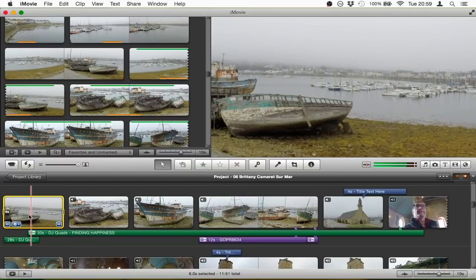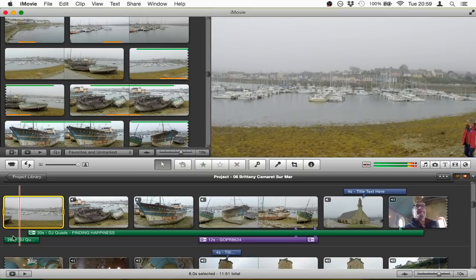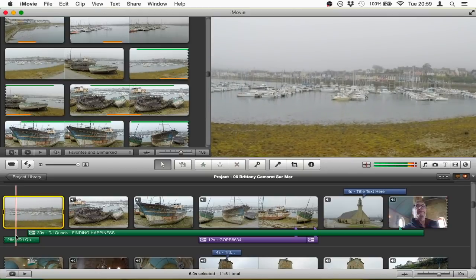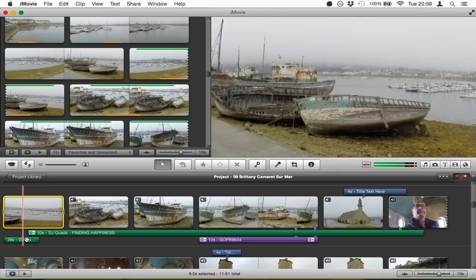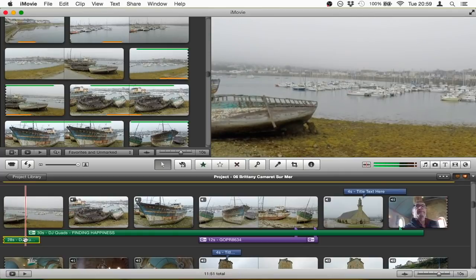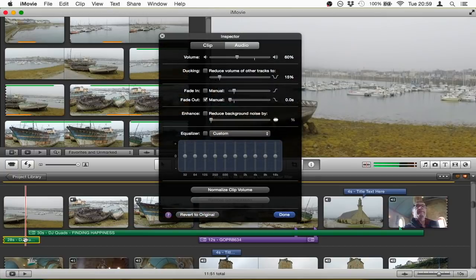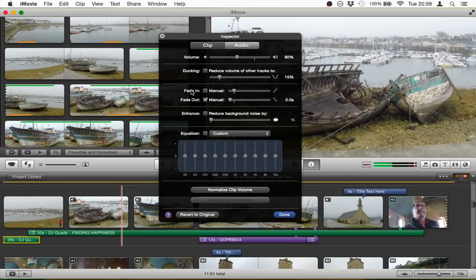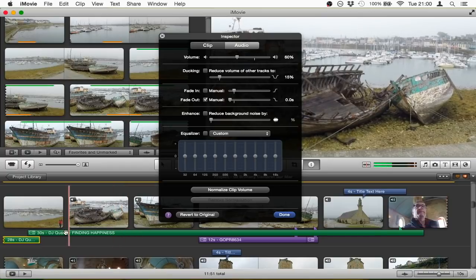I'm going to add some ducking on here, so you'd hardly hear the music, and you hardly notice it. However, if it was a place where I would notice it, then what I can do is this. I don't think I did it in this, but we'll have a look. No, so this bit of the screen here tells me that the fade out I've set to manual and it's 0 seconds, and the fade in for this one